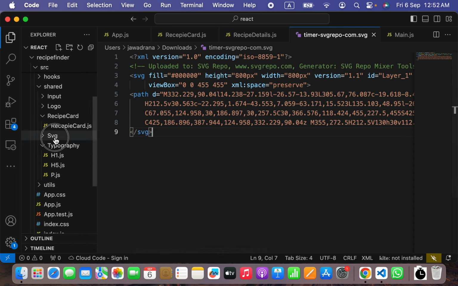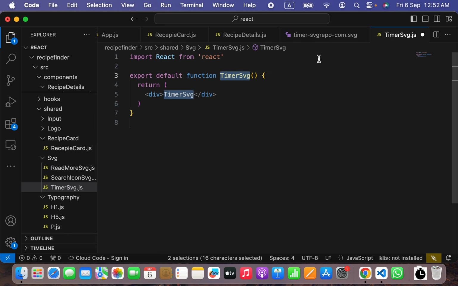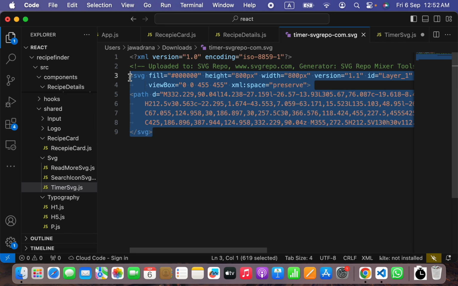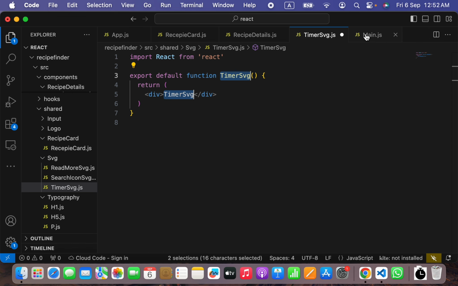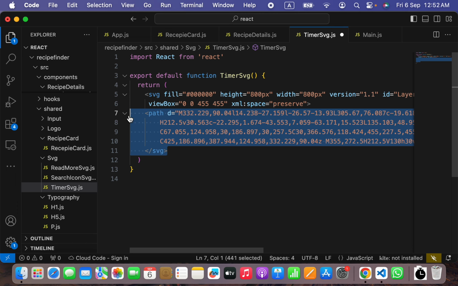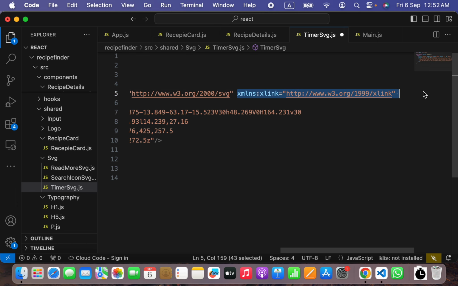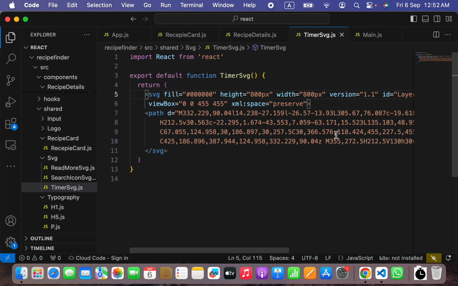We will save it here inside svgs. I will say new file called timer svg.js. Okay, rfc react functional component, and I will be copying this timer svg. Control C from here to this timer svg. Okay, yeah, we will not be needing this. That's it. Yeah, this one also we don't need, so we will be needing this timer